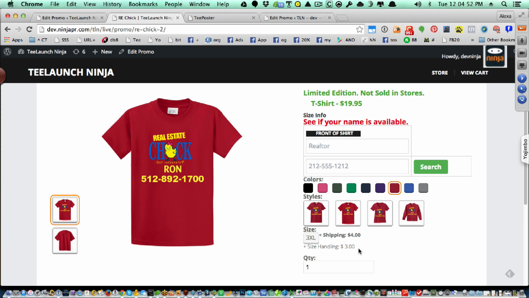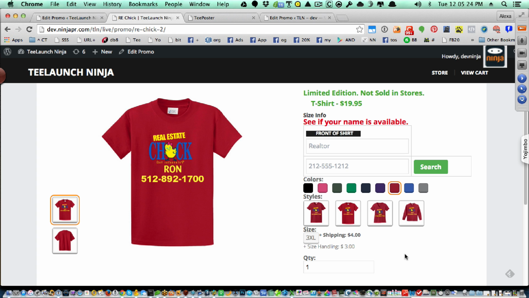However, most people that buy larger sizes, generally 2XL, 3, and 4XL shirts, are all expecting to pay a little bit more for those shirts. I always have in the past. So this gives you an opportunity to make a few extra dollars when people buy the larger shirts, because most people are expecting to pay more for the larger shirts. So you can just tack on a size handling charge, and that'll get added to their bill